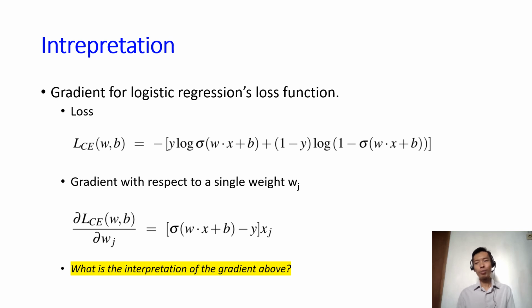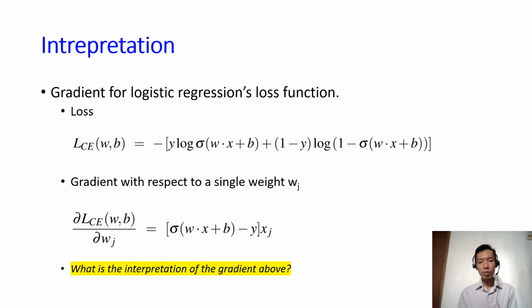So we are going to improve the W and the B based on the gradient. Specifically, it will be improved by minus eta times the gradient. But if we're looking at the gradient itself, we can find some interesting interpretation. For example, here, if we look at the gradient of the loss function with respect to a particular Wj, we can see that this part says